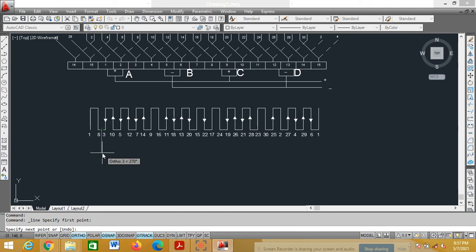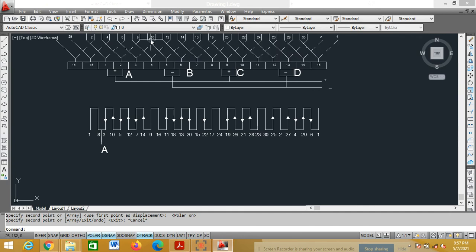Approximately let it be 2. Okay, this is A. Positive brush A.